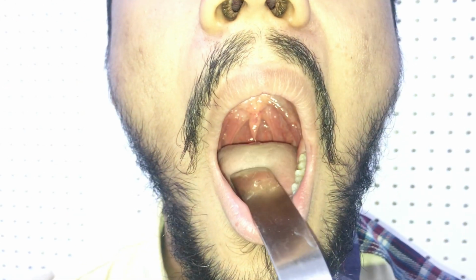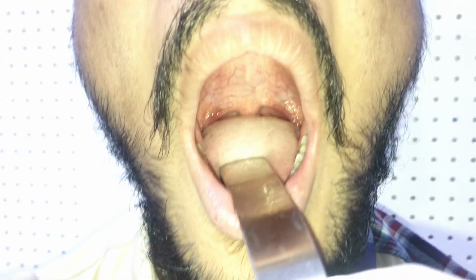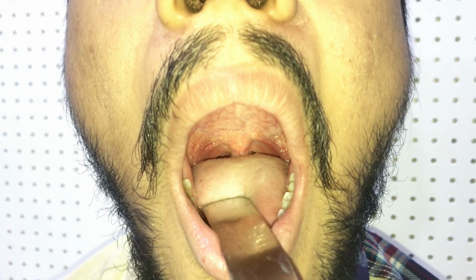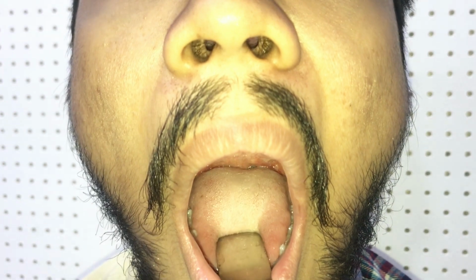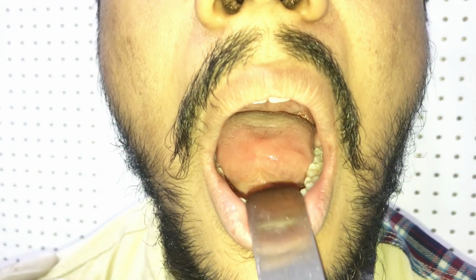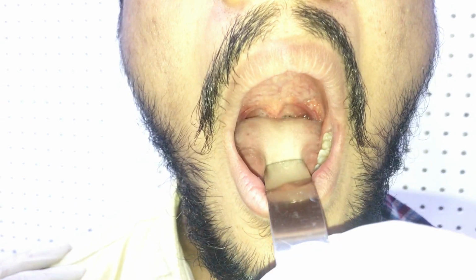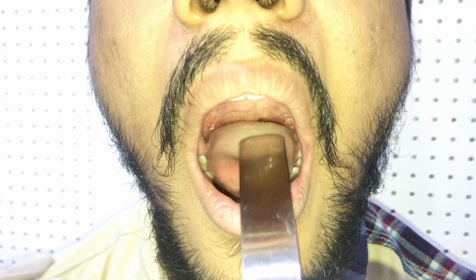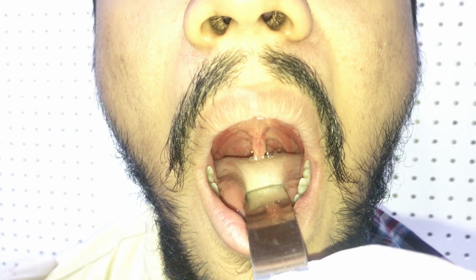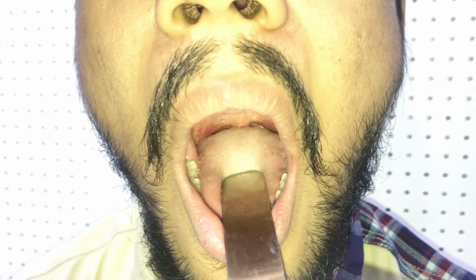And while pressing the tongue, we should take care that we do not touch the posterior part, because that will lead to gag. It should not be pressed directly, but it should be levered like this, and the fulcrum will be the lower set of teeth. That is the way we should press the tongue. And then in the tonsillar fossa, you can see the tonsil. They are quite normal, hardly visible.